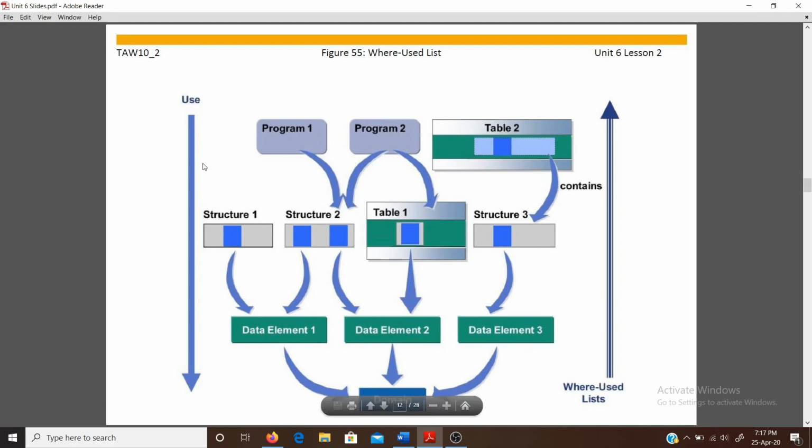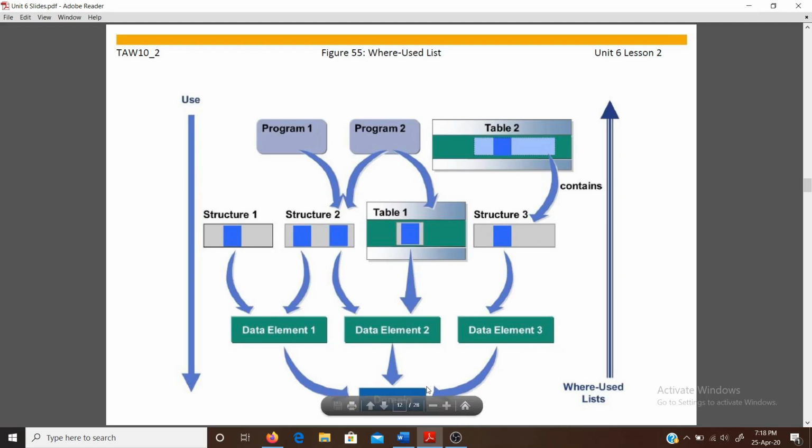You can see this figure is showing program 1 to domain, where we are using this domain. Similarly, with the help of the where-used list, you can check where these domains are located in which objects.